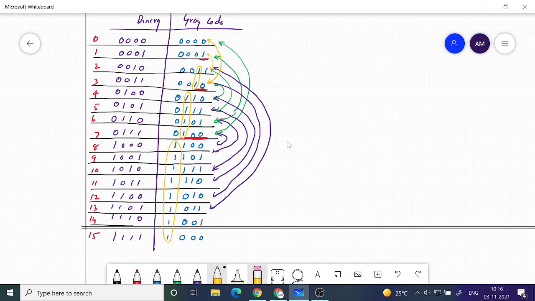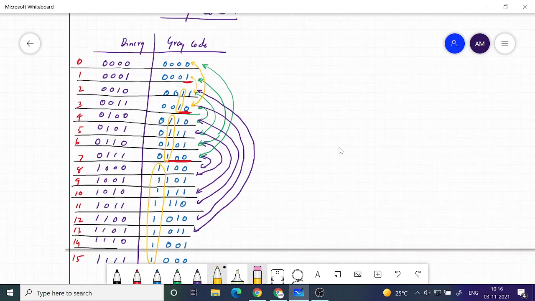Alright, so now if you want to generate a gray code converter, how do we do it? We need to assign some variables. This is B3, B2, B1, B0, and here I will write G3, G2, G1, G0.